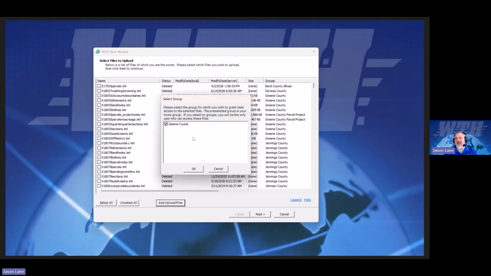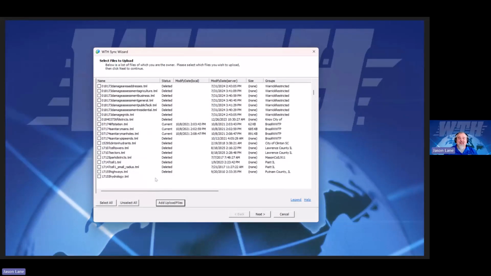Everybody in the county doesn't need to see it, wouldn't really mean anything to them. So yeah, just make sure it's in the right group. And then I'm not going to add this to Greene County because everybody in the county doesn't need a pothole on one layer or on one road. So I'm going to hit cancel. But if I did hit OK,